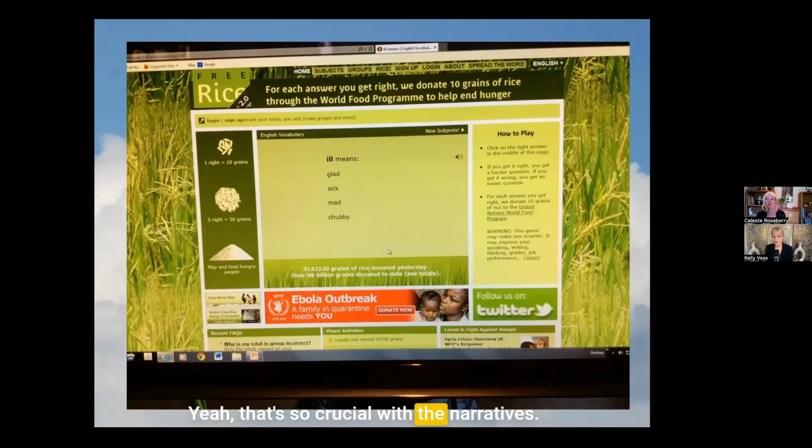Yeah, that's so crucial with the narratives. That is key to reading. So when I work on narrative skills, I use a lot of sequencing cards. I got this from an audience member in New Mexico. So what she does with her Spanish speaking assessments is she takes 4 to 6 sequencing cards with familiar pictures and she mixes them up and hands it to the child and says, can you please put these in order? And every single time, if they have a developmental language disorder, they can't do it. If they're typically developing and it's just environmental, they can sequence those cards. So that's another really good task.